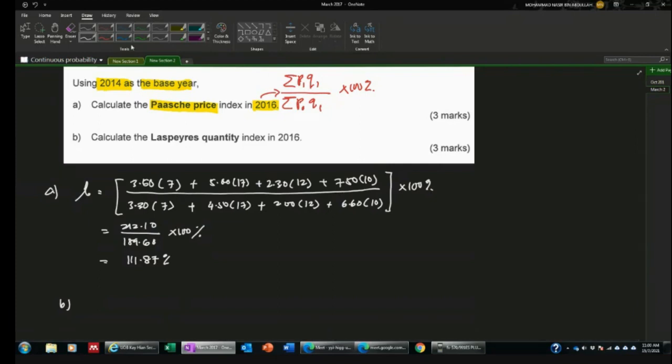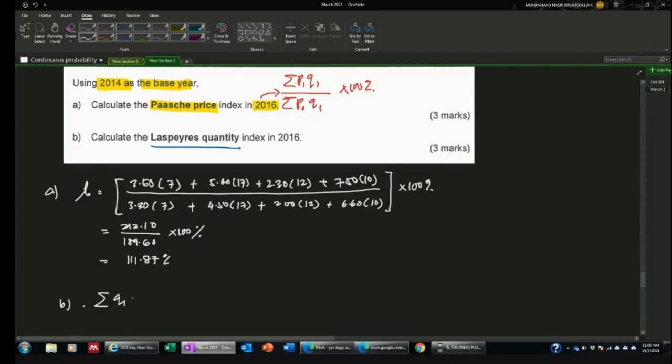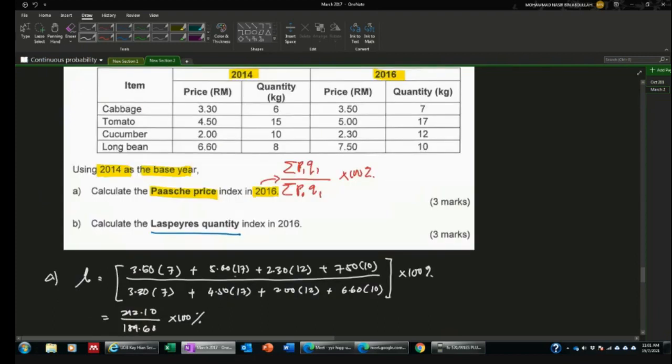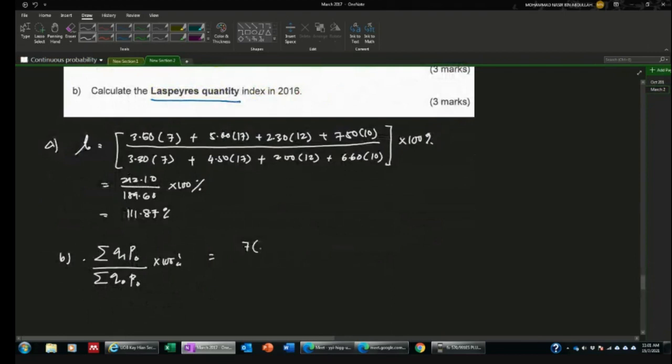So for B, so what is the last period's price index, quantity index, right? So the formula would be quantity index is summation of quantity for current period multiply with the price for last period means base period. So quantity for current period, price for base period, multiply with 100%. So next quantity for current period is 7 multiply with price for base period is 3.30, quantity 17,